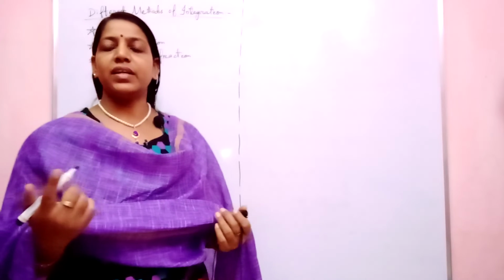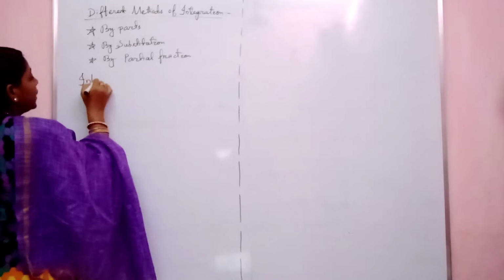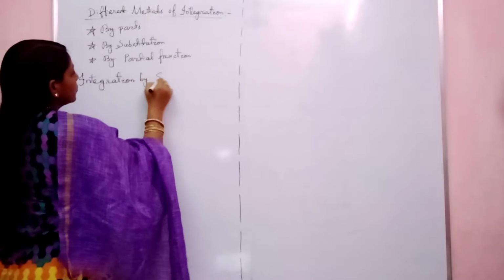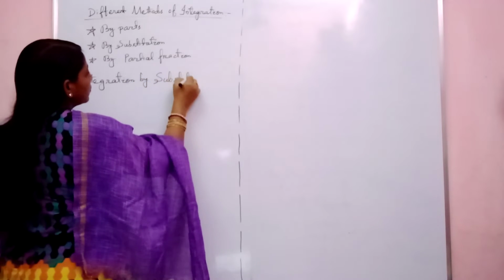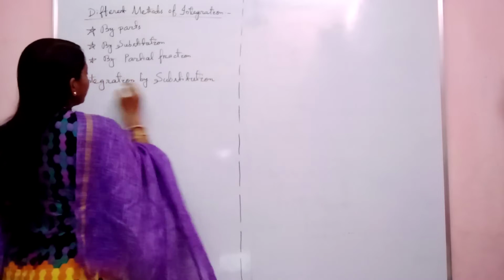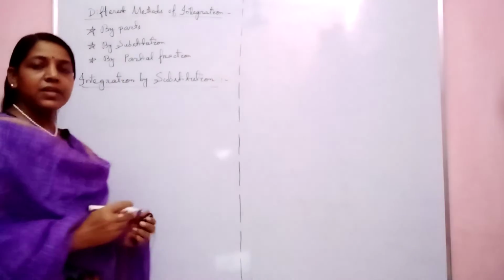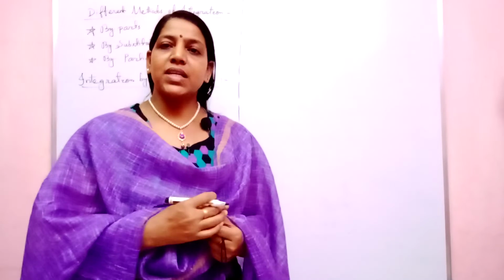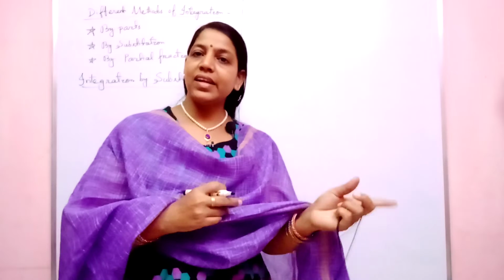Let us see the first one, that is integration by the substitution, that is basic. So make the heading integration by substitution. So when you write integration by substitution, you are thinking that, for example, someday some work is assigned to someone, that person is absent, so they will tell that who is the substitute for that candidate, means that candidate has to be replaced by the another candidate. That is in your day-to-day life substitution term.